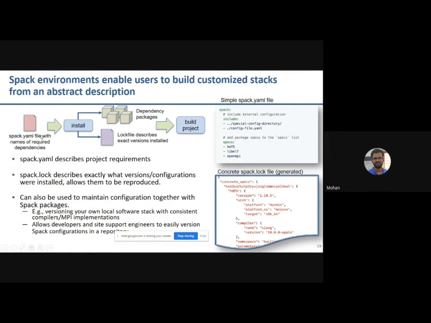So spack.yaml is a file which actually holds the environment information. When you just fire the install command, whatever is mentioned in the spack.yaml will be installed in your particular environment. In parallel, there will also be a lock file, spack.lock, which will be generated from the spack.yaml, which clearly tells what is the hash value of the dependency, what is the version of the dependency that is used, and what are the variants that are enabled at the time of installing